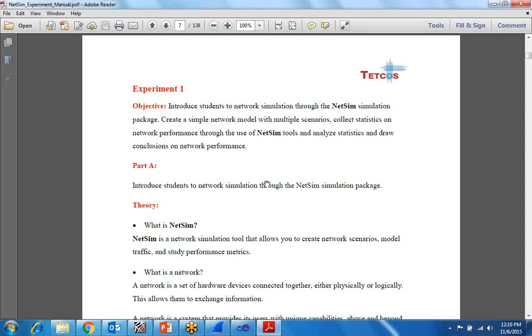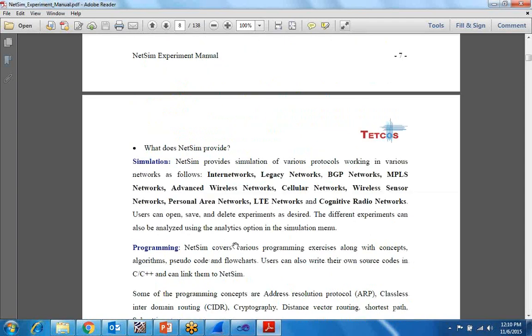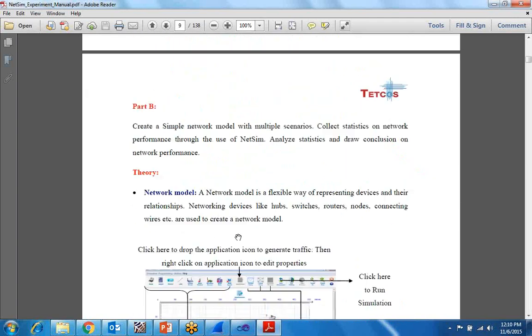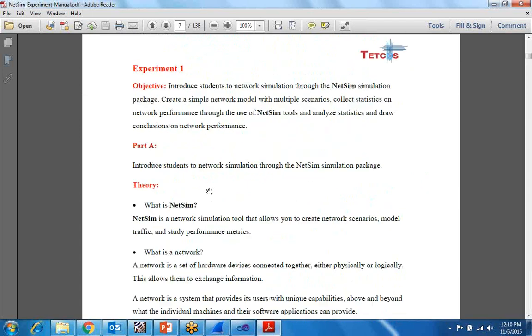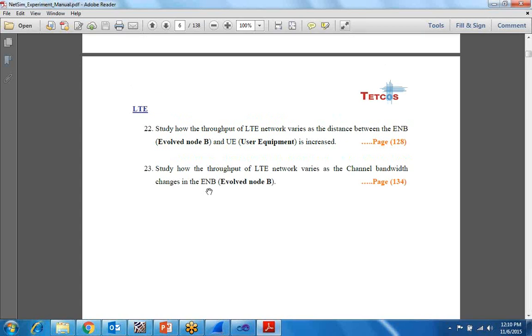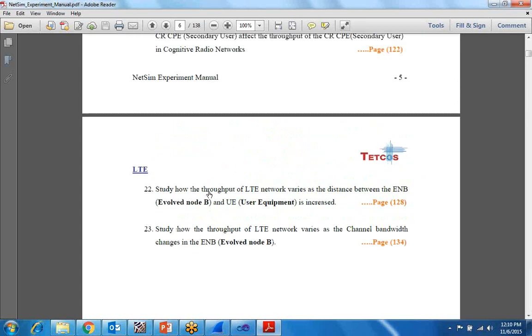Yes, sir, sure. All the technologies that are there in the software, we have experiments in that. As Shravan showed you, those 23 experiments cover LTE, WSN, CDMA, GSM, all the technologies. If we introduce IoT or LTE Advanced, which is 4.5G, we will be coming up with experiments for those.